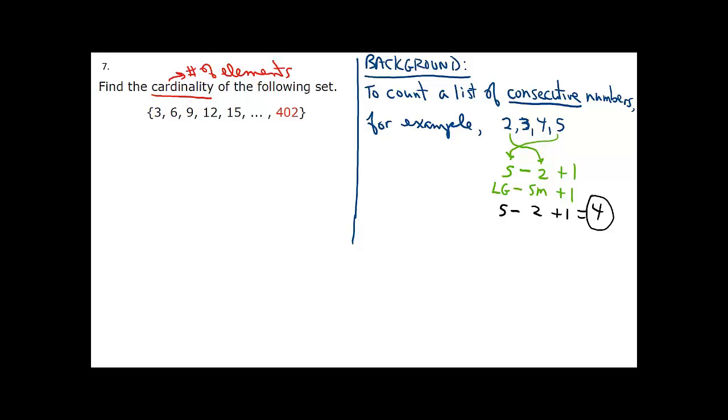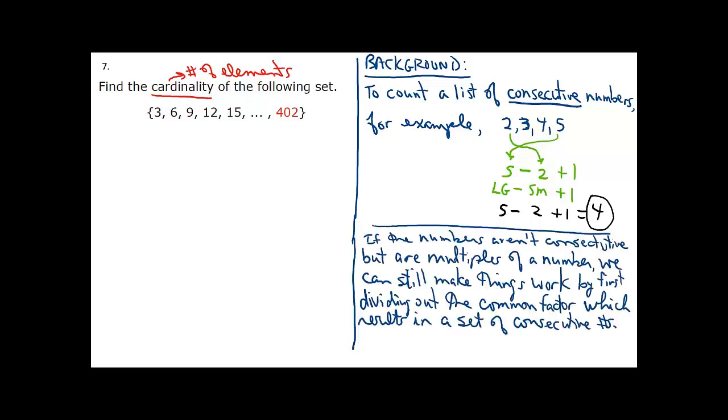So you might say, well, what does that have to do with this problem? Because in this problem, they're not consecutive. And that's where the second thing came in. Occasionally, they'll give you a set that's not consecutive integers, but the elements are actually multiples of consecutive integers. And that's what happens here. You can see it by noticing that every single element in that set divides by 3. And if you divide every element by 3,